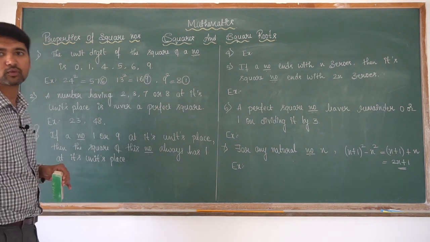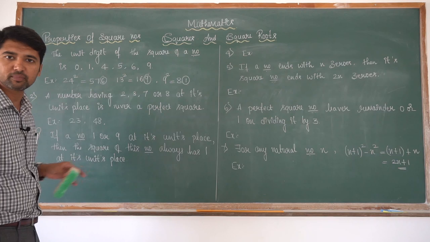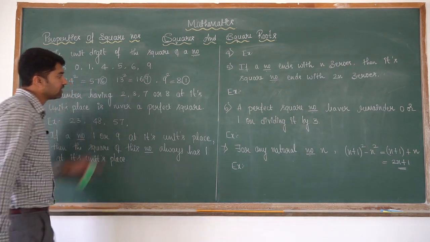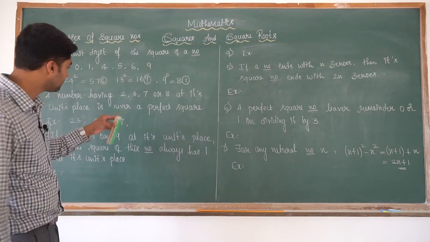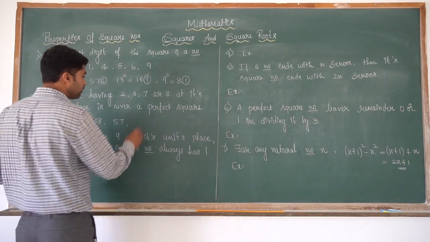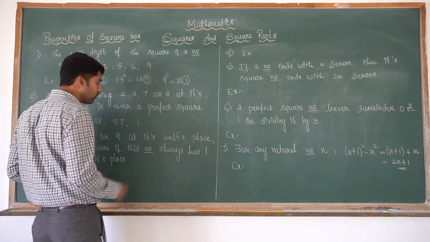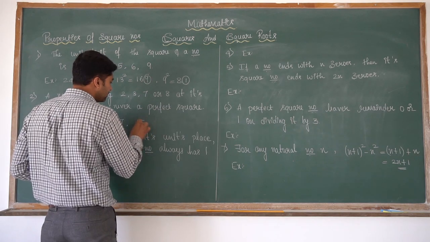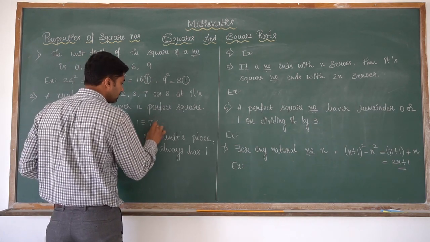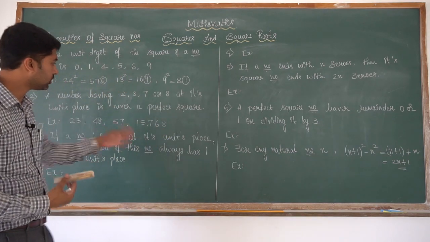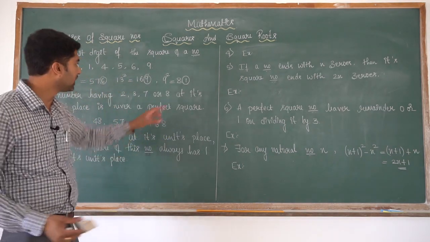Then 48 is not a perfect square number since we have 8 in its units place. Then 57, 7 is in the units place, so clearly we can say that it is not a perfect square. Like this, if you want to take any number of digits, for example 15,768, clearly I can say that this number is not at all a perfect square number since we have 8